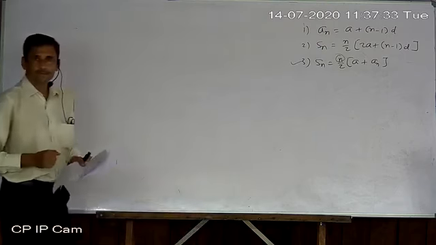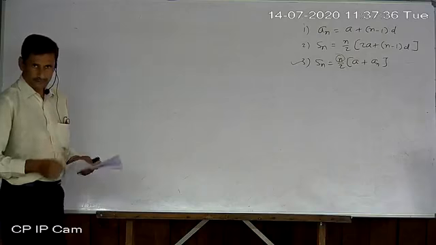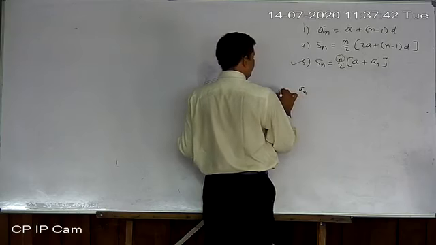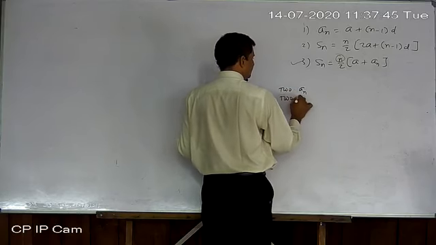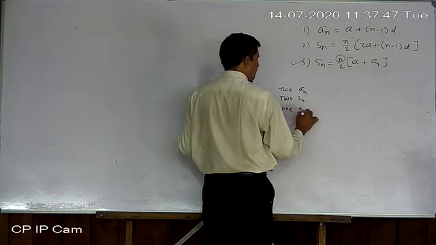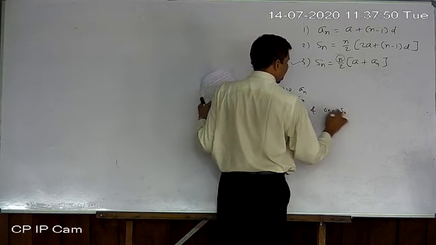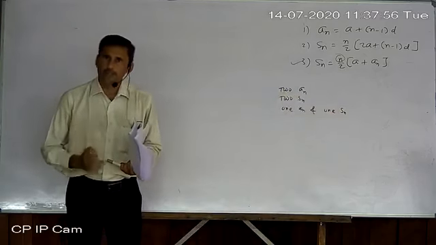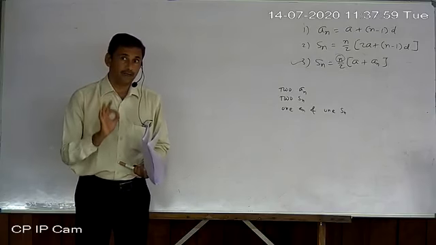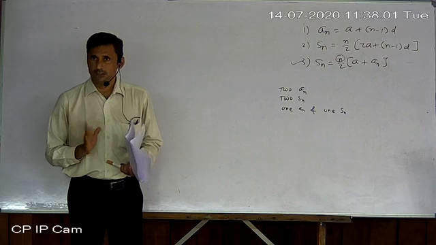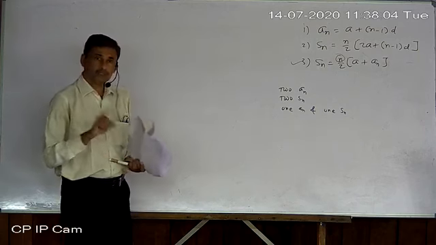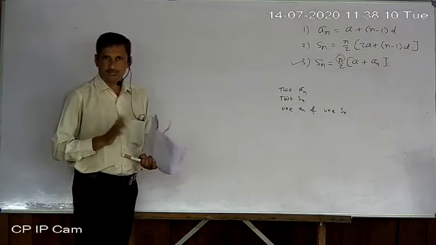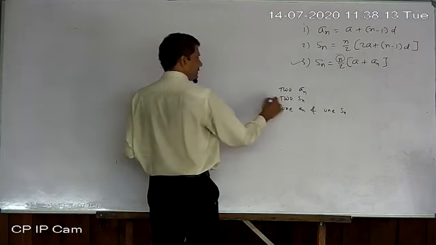In number 9, two Sn are given. I earlier told you whenever two An, two Sn, or one An and one Sn are given, at that time we can find two equations only, not directly the value of a particular variable. After solving these two equations, we will have the value of both variables. So now two Sn are given. Look carefully there.